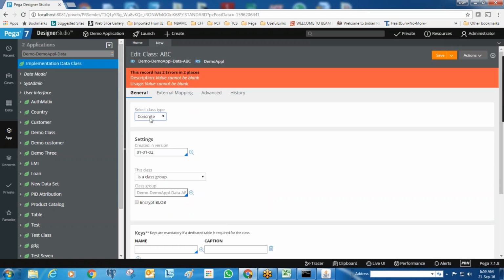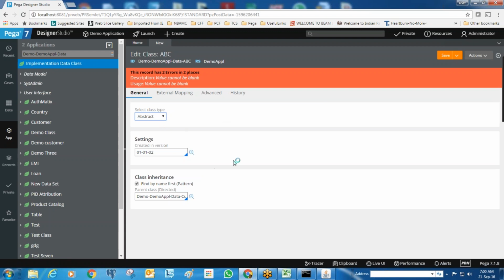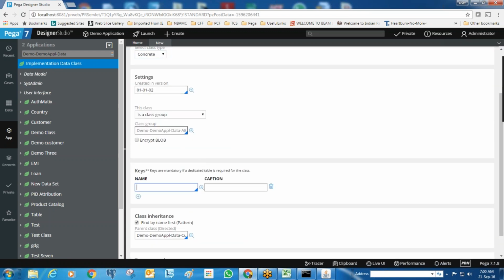Because we can create instances for the concrete classes, we need the keys to identify the instance. Let's say I have 10 instances. Out of 10 instances, I need at least one key to identify a particular instance. For the concrete classes, it is better to specify the keys by which you identify the instance or object of the class. For the abstract class, we don't require that, because there is no meaning in creating keys for the abstract class, as it cannot be instantiated. That is why the system is not asking for the keys. But when it is concrete, the system is asking for the keys because the instance needs to be identified.